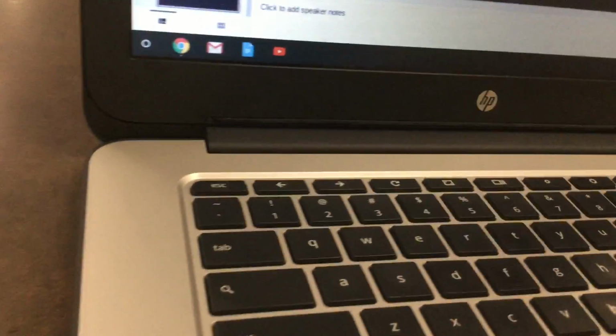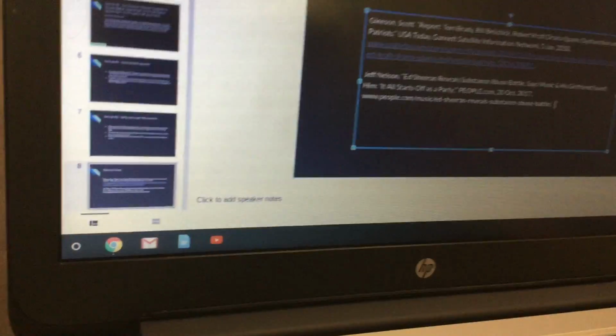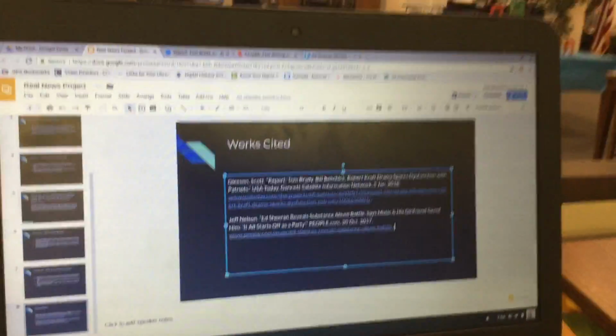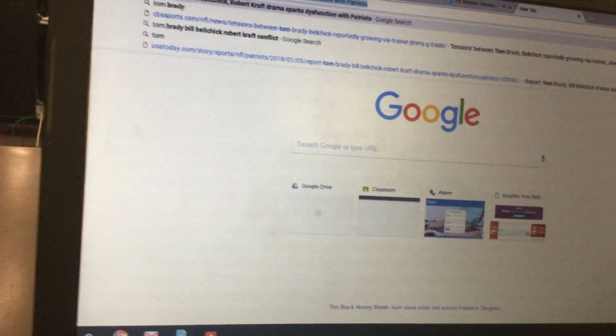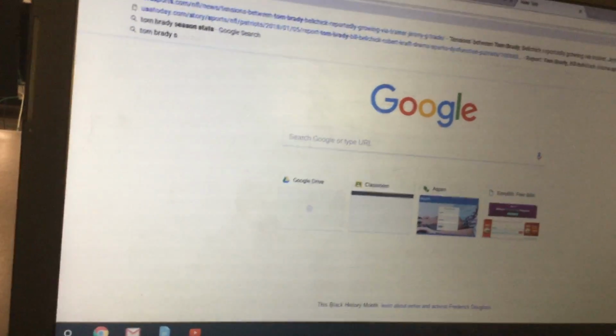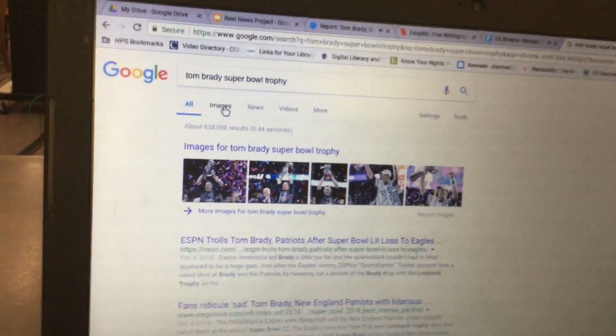Next, what you're going to do is add some pictures. Just going to add a picture for each of your websites that you used. So what we're going to do is open up a new tab, and the first article was about Tom Brady in the Super Bowl, so I'm just gonna look for Tom Brady Super Bowl trophy, and then click on images